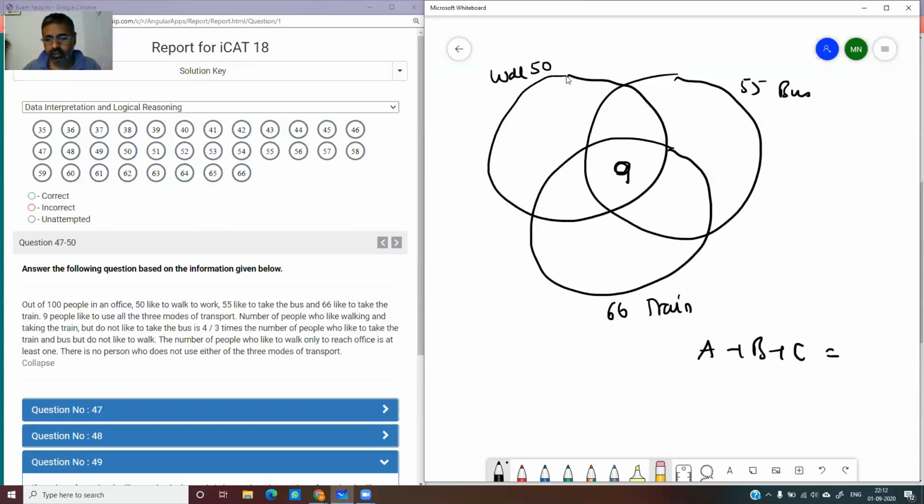Okay, so which means this is 100, and this is given as 9. Then you have A plus 2B plus 3C is equal to, what is it? Total 55, 105, 171. Is that okay? Subtract that, you get B is equal to what? This is also 9, this is given as 9. So this B plus 2C is equal to 71, isn't it? And C is equal to 9. So you get B is equal to 53.